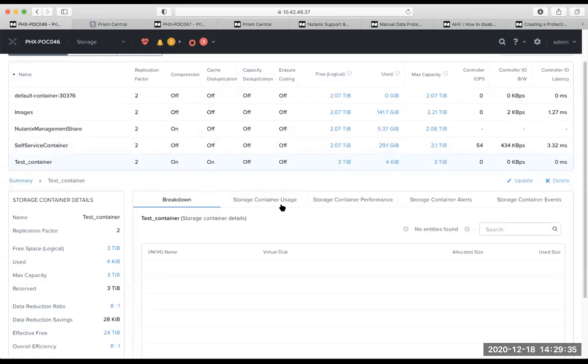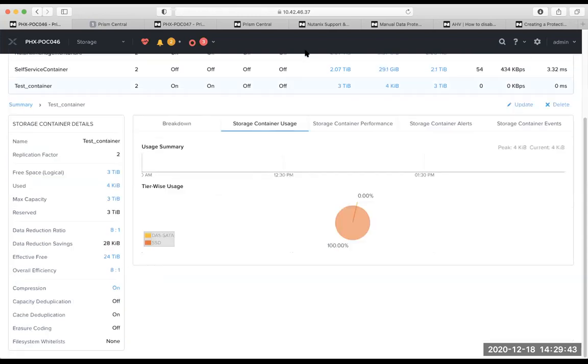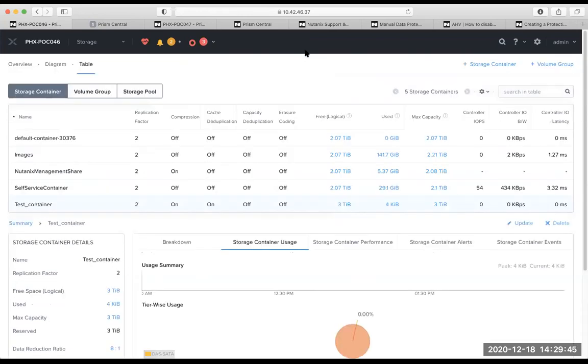So basically, my question again is this. Let's say I have a container A with a size of 1 TB, and in that container I have my virtual machine with a size of 900 GB.